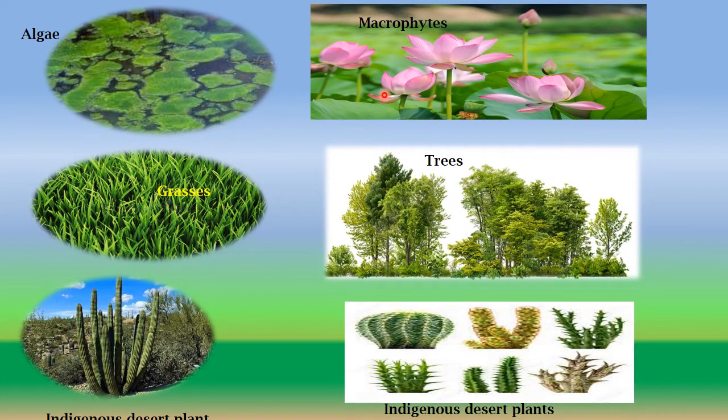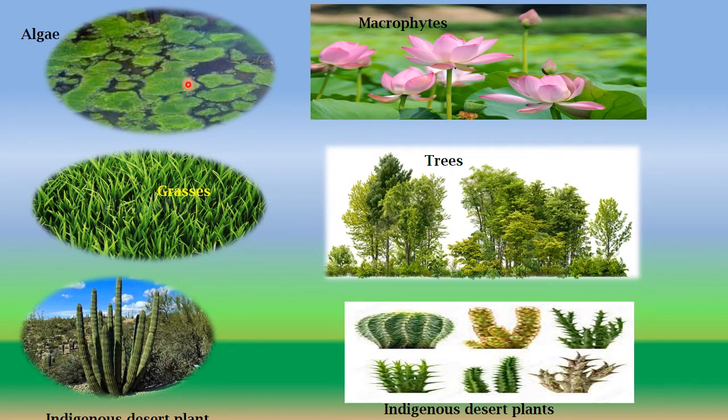On this slide, here are different kinds of pictures which represent examples of producers in different ecosystems. For example, if we take an example of aquatic ecosystem, there is algae. You might have heard the word algae. This is the picture of the algae which you have observed in different lakes and ponds, floating on the surface of any water body. These greenish mats are called algae. These are producers and prepare their own food. Similarly, there are so many macrophytes, so these again represent producers in aquatic ecosystem.